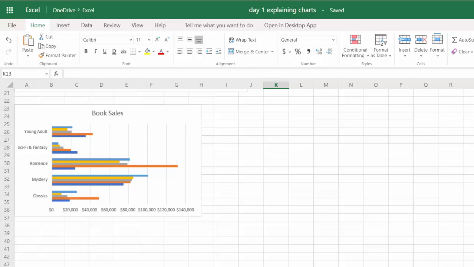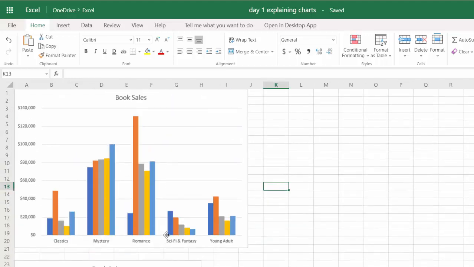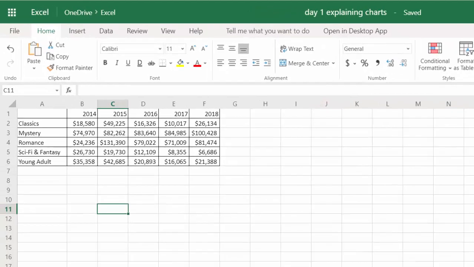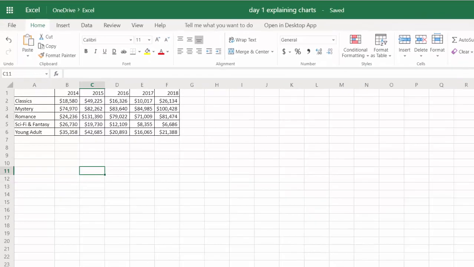Okay, let me ask you another question about the bookstore sales. I can see from this chart that science fiction and fantasy do not sell very well. What I'd like to know is what percentage of total sales is science fiction and fantasy? Let's look at the chart. Can I tell from this chart the total percentage of sales for these 5 years? No, not easily. I would have to do a lot of math to find that number. Instead, let's look at a pie chart that shows us.